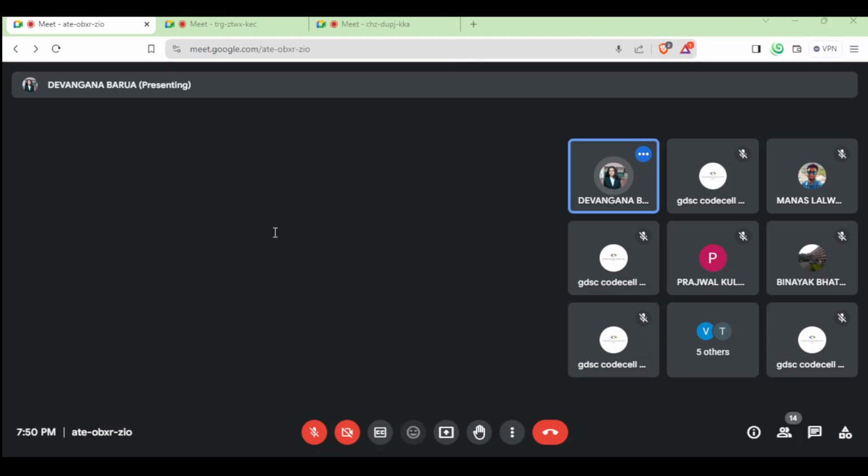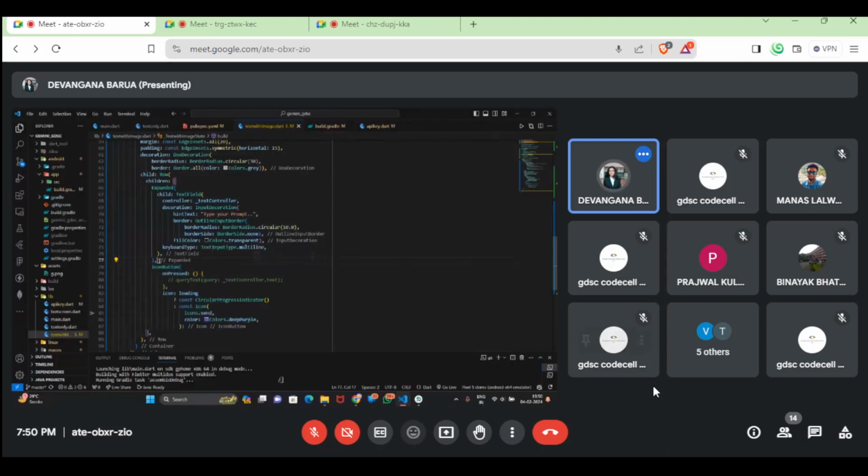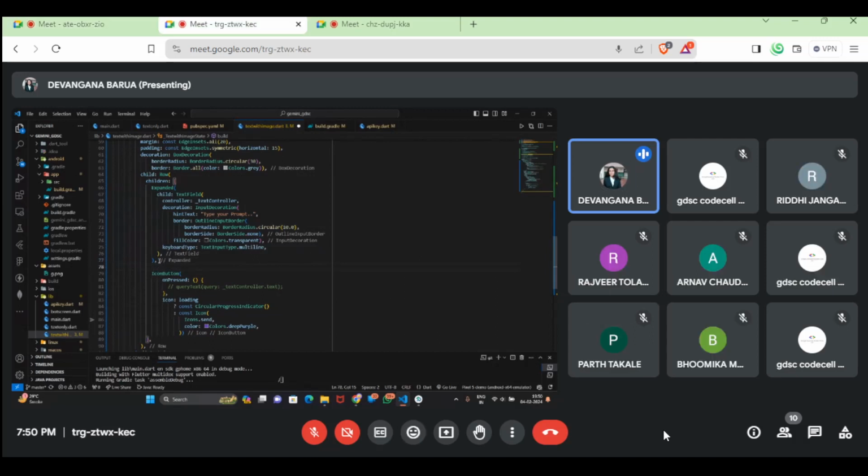So we have to create, okay, so we already have row. So inside row, the first child was this, the text field, and the second child was this icon button, the send icon button. So after the text field, we need